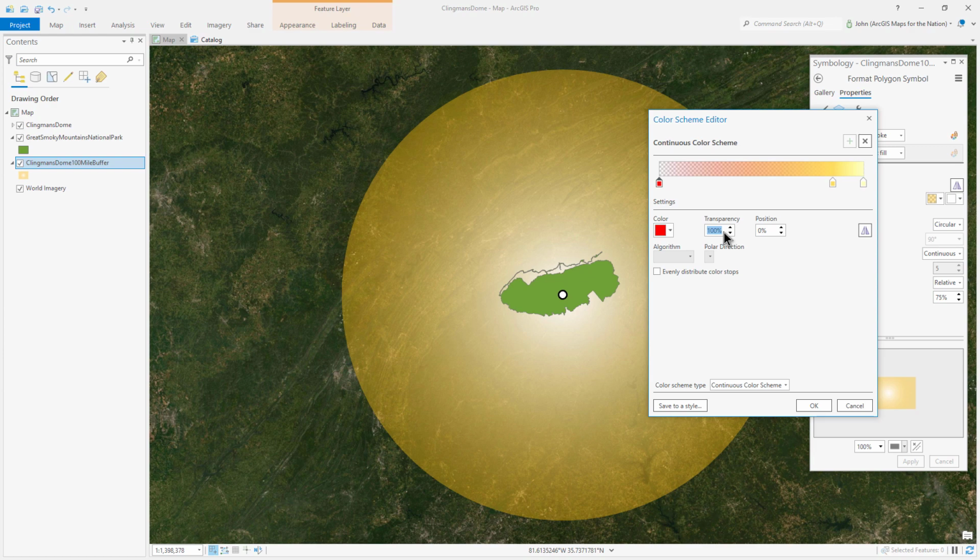By the way, this kind of looks like candy corn to me, having just gone through the craziness of Halloween